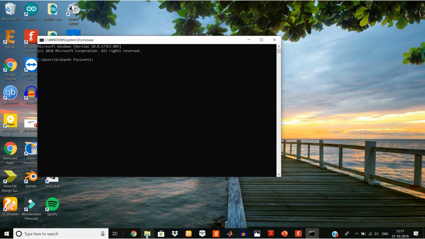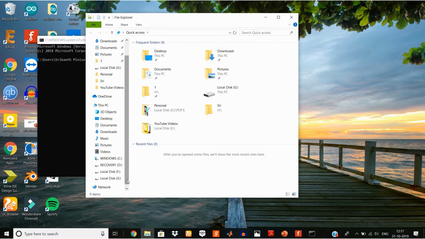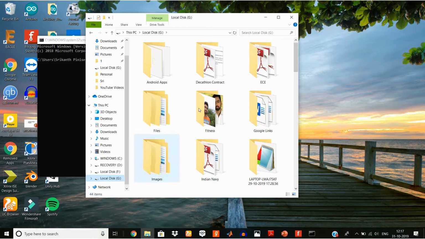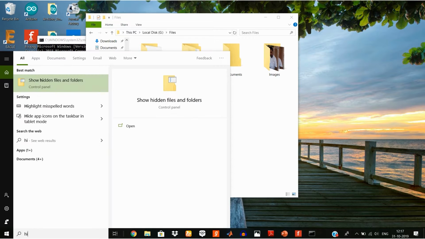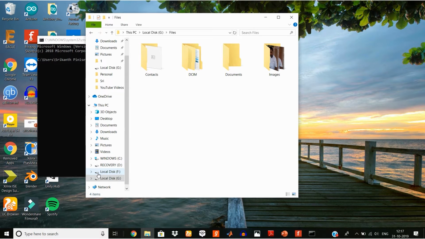Now go to File Explorer and find the folder which you're going to hide. Which folder are you going to hide? I'll take these files. Before that, I'll go to the search bar and type hidden. It's already set to Show hidden files and folders, so no changes are needed. I'm going to hide this Documents folder.